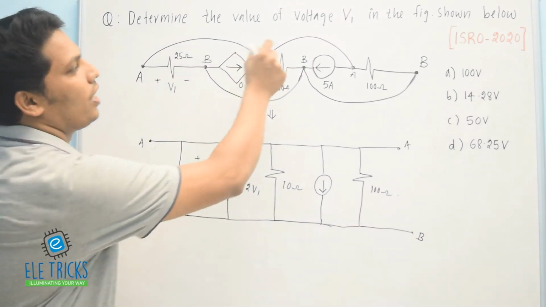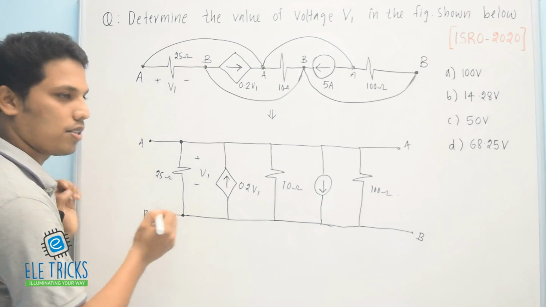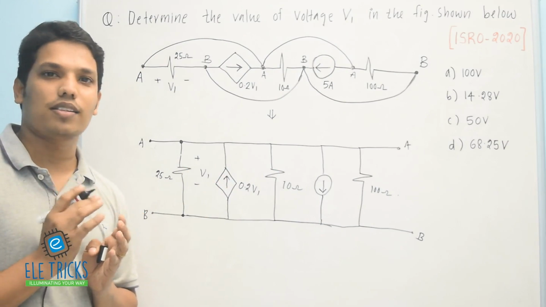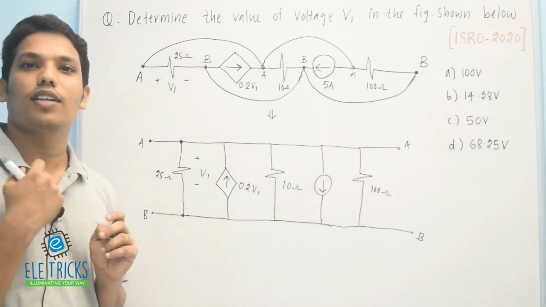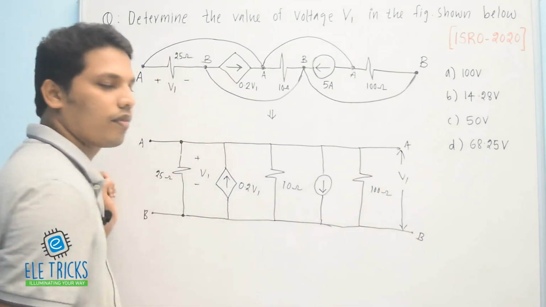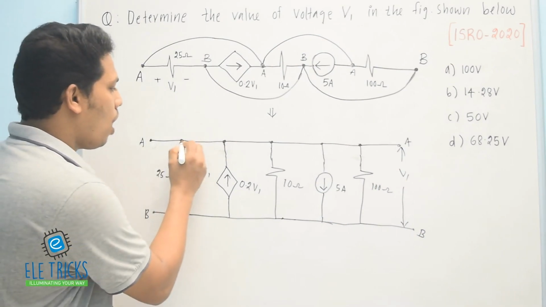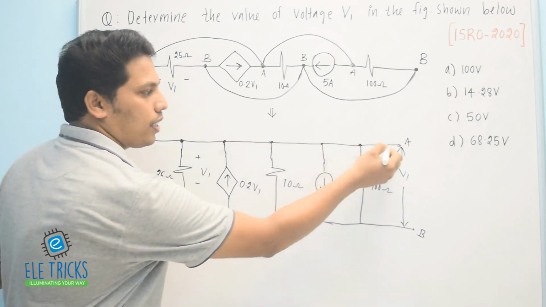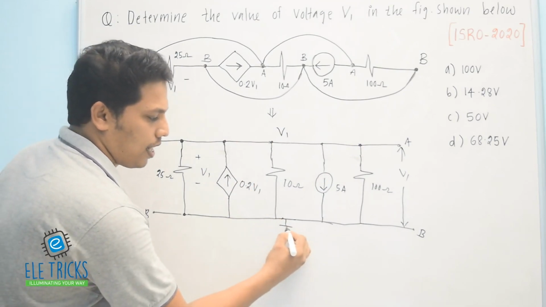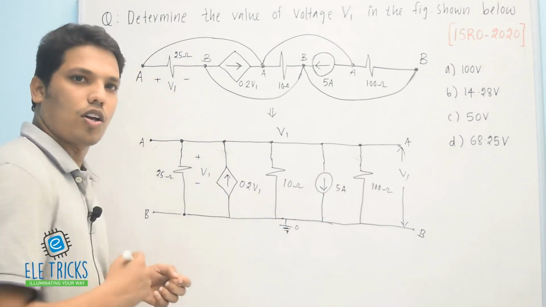Then what is our question? Determine the value of V1. V1 is the voltage across this 25 ohm resistance. You just see, actually all the components are connected in parallel. Parallel means the voltage across all the components is the same. So this is V1, and this voltage is also V1. Right? Then you just see from the figure all these terminals A are connected at a single point, that voltage is V1, because I am considering this as the reference node. I am considering it 0 volt because I am just earthing this. This is the 0 volt.